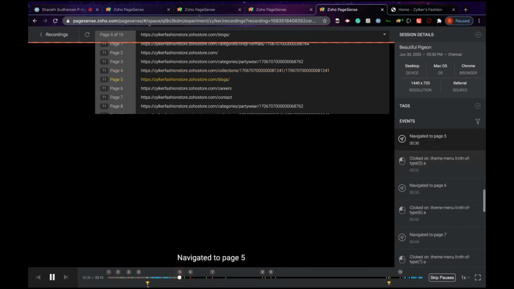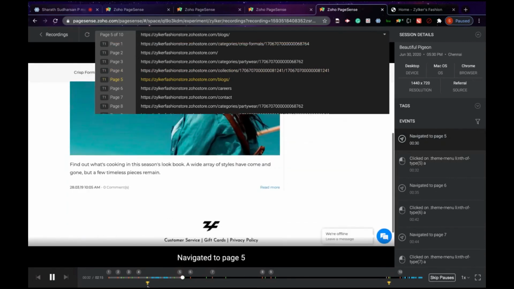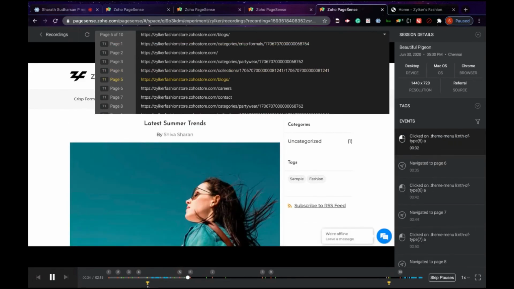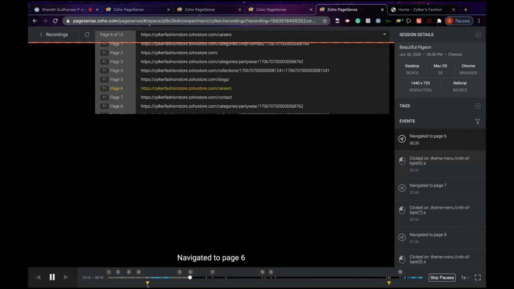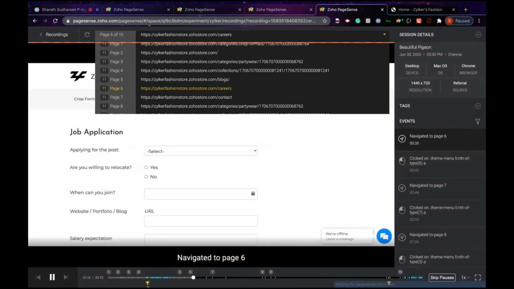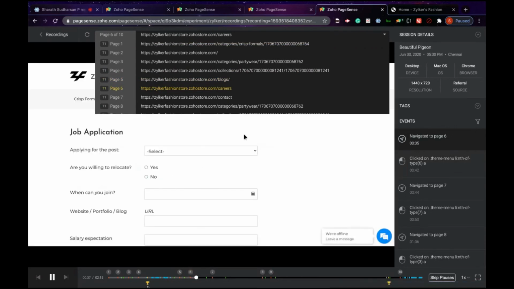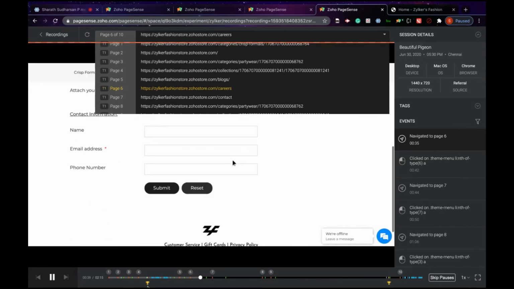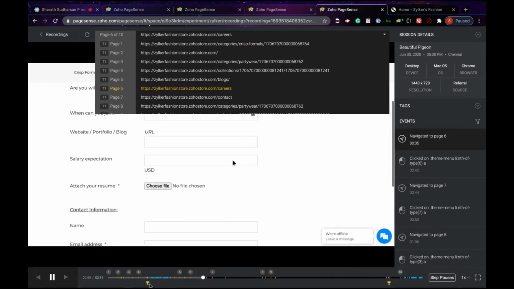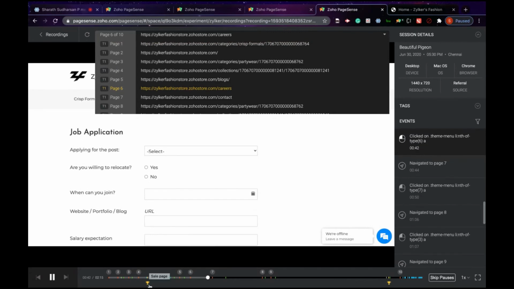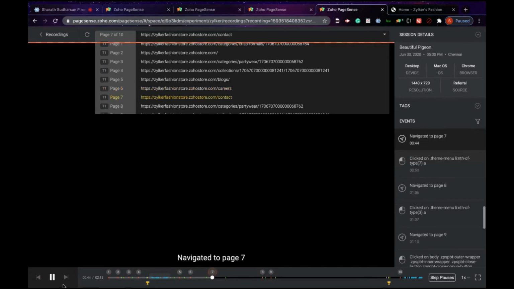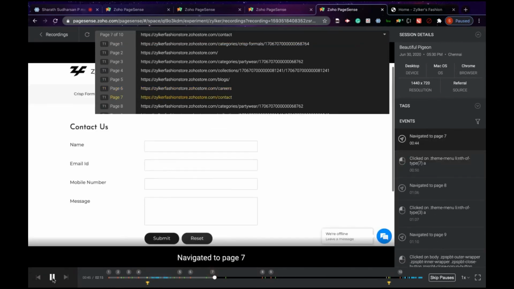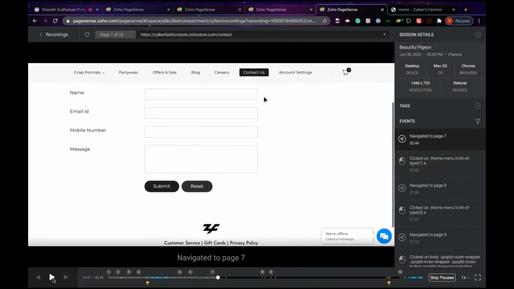In PageSense session recording, we do not have an option to create a goal for this experiment. However, you can create a project goal, and when that goal has been accomplished by the visitor on a page configured for session recording, we will provide this goal icon in your recording. Also, in this bar, you can pause and play the recording, go to the previous recording, and also move to the next recording.